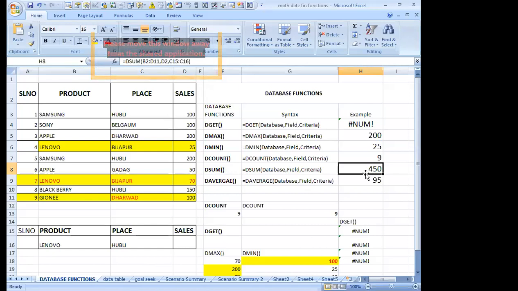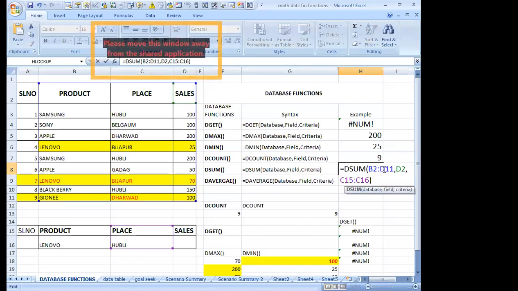That is for the place. See D2 to D11, that is the database. D2 is the sales, but what is the criteria? Criteria is Hubli. The place Hubli is there, only for Hubli. What is the total sales of Hubli?